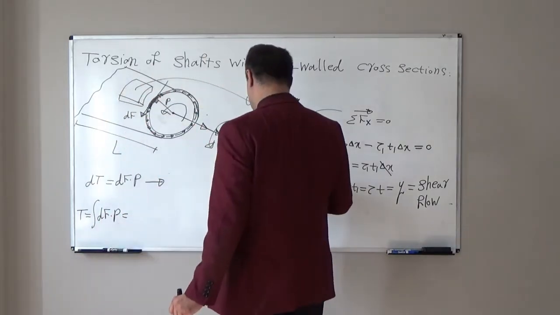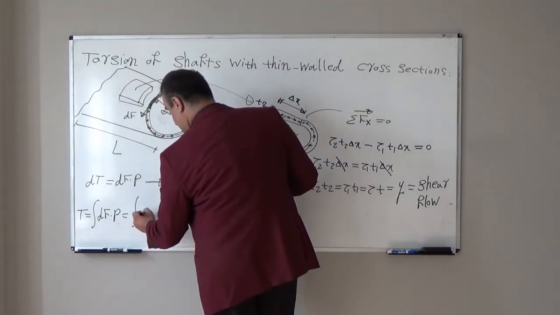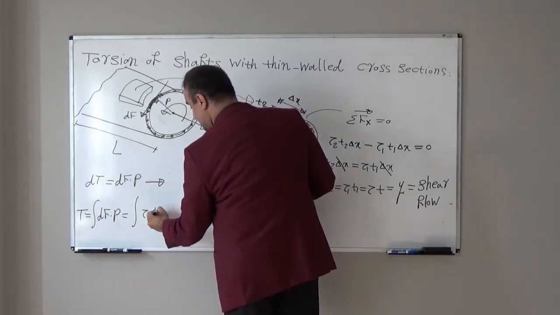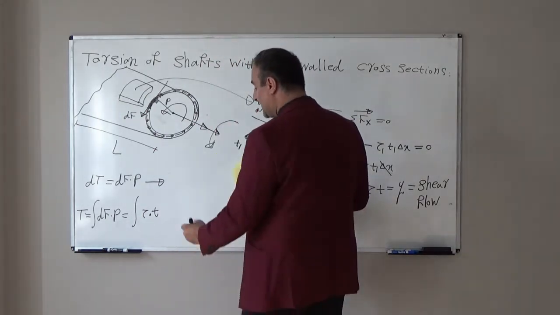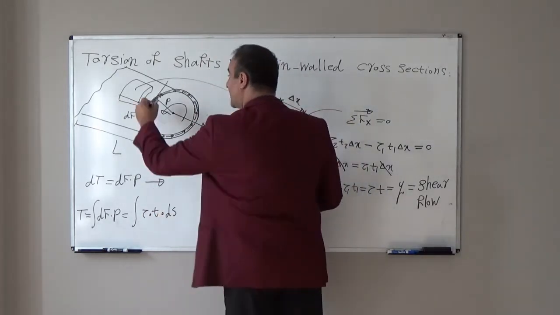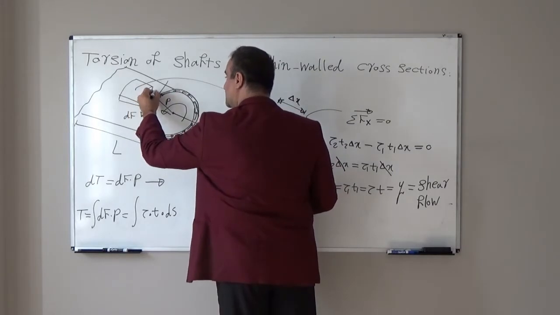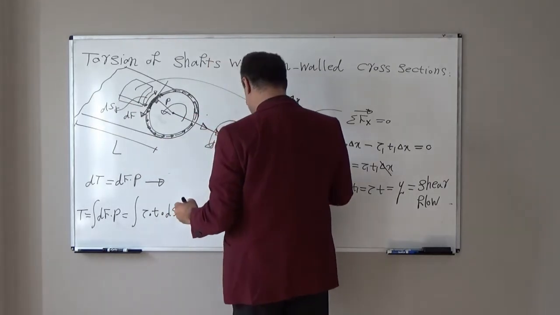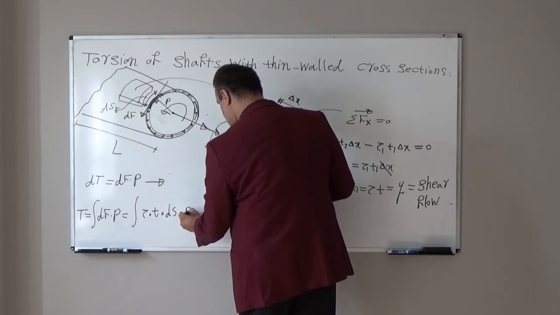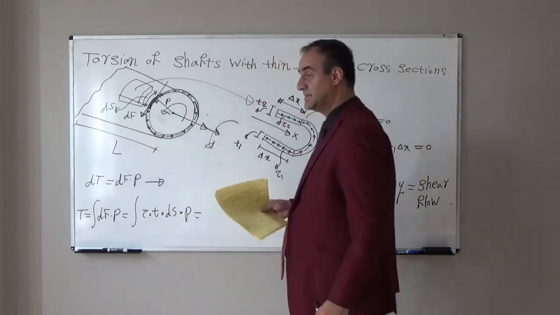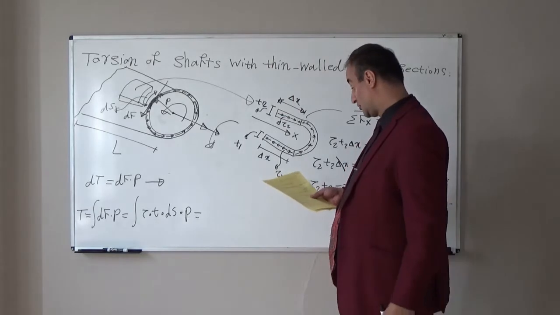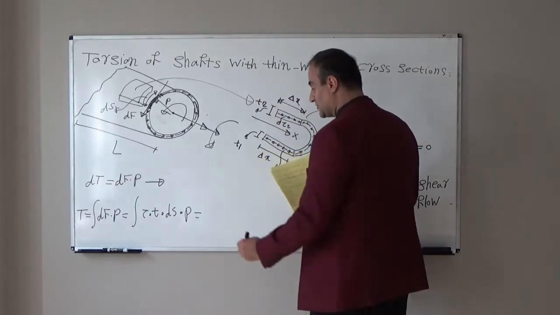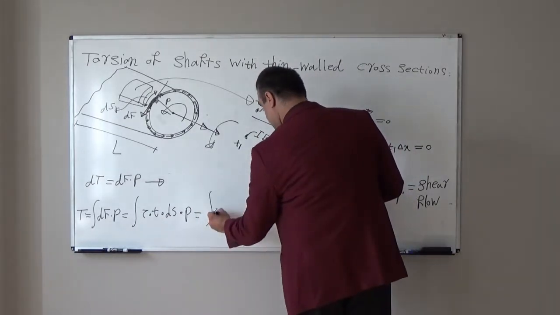What is the dF? dF will be tau, the stress, times t, the thickness, times ds, the length of this element in the curved direction, or the length of the curve element, times p ds. The integration of this will give us the entire torque T. Tau times t is the shear flow, which I show with q,